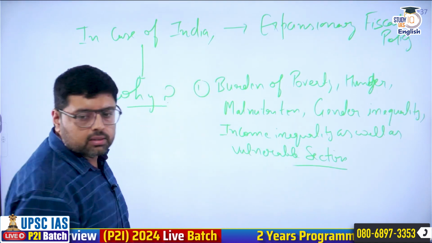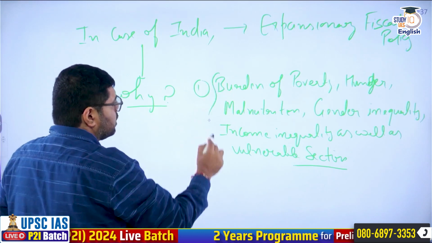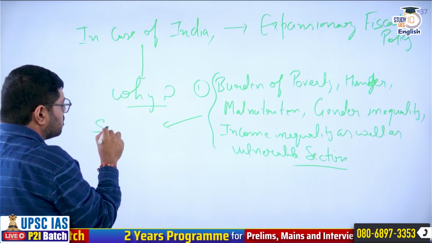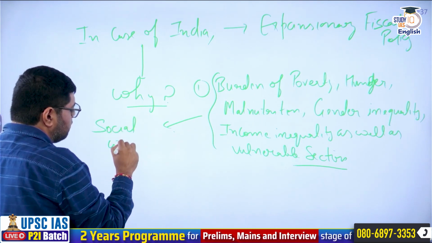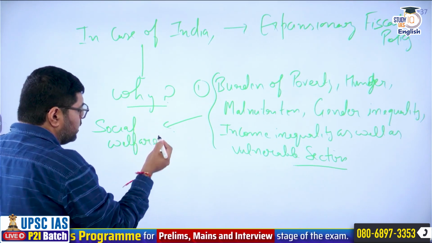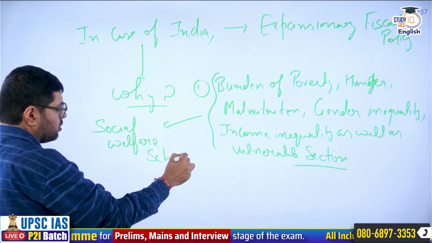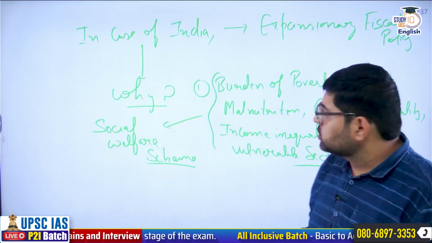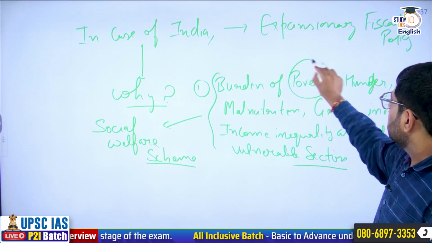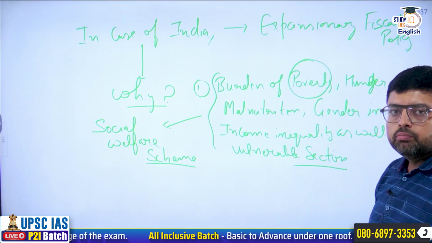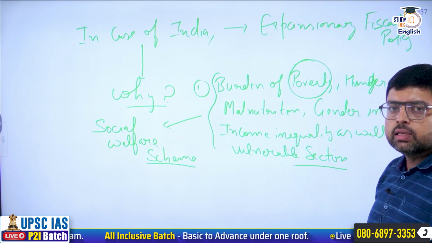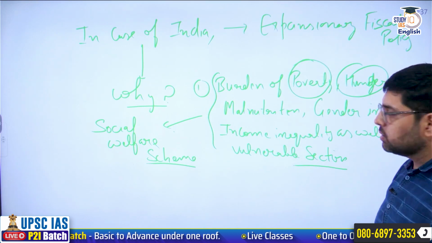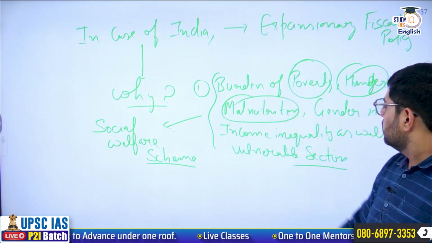As well as the vulnerable section. So keeping these things in mind, can we say that the government has to spend on social welfare schemes, in the form of various schemes that we have. So ultimately, you know that poverty was given to us by the British government, or you can say it is the legacy of British government, along with hunger, malnutrition, which is again attached to poverty, gender